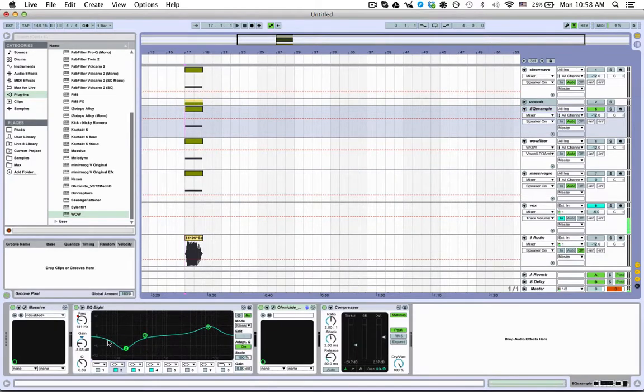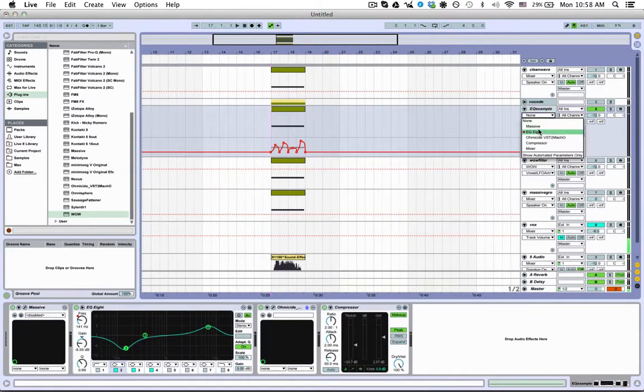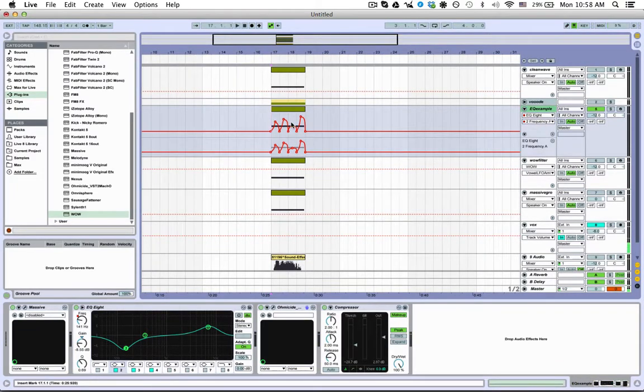So here you can see there's a dip here. This is what we call a band reject, and up here we have something called a band pass. In my highs, you have a boost here that's pretty wide. So it's got a wide bandwidth, or Q as we call it, and then we also have a wide bandwidth and a low cut with band reject. These are going to be moving independently of each other, and if I click this, you can actually see the automation here, and I'm also going to show you the automation of the other